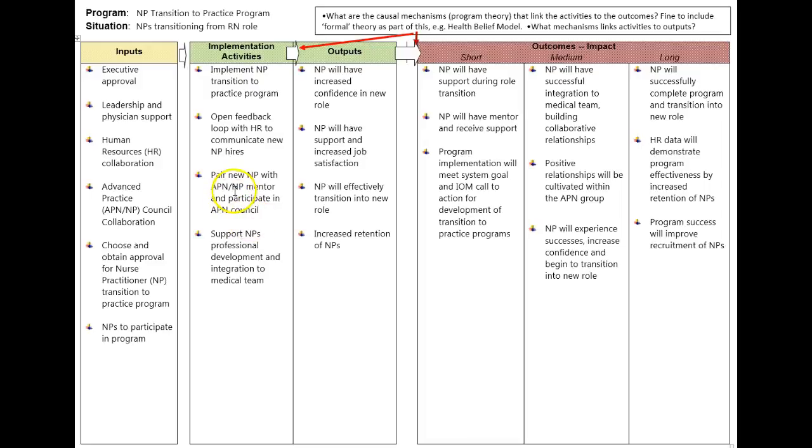So here we might imagine one output would be, how many pairs have you formed, or is this feedback loop actually happening? Can you document that this feedback loop is working? And then we get to these important